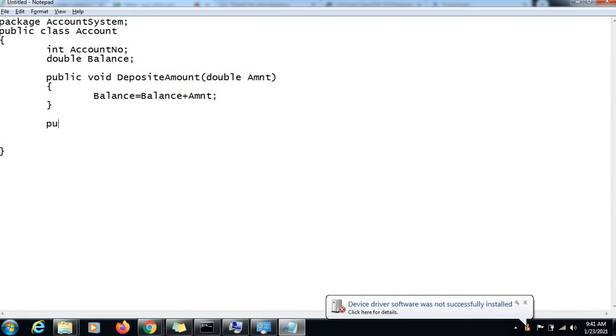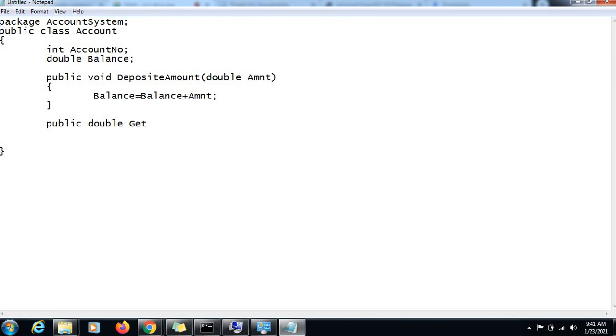But here our main concentration is on understanding the need of writing our own constructors. So public double getBalance, which will return us the balance, right? So return balance.